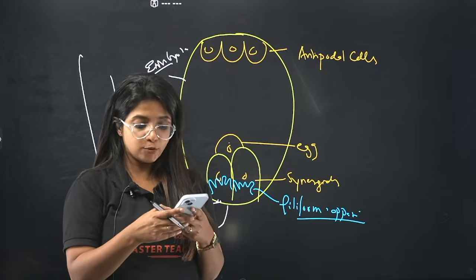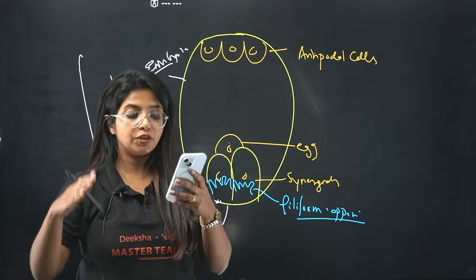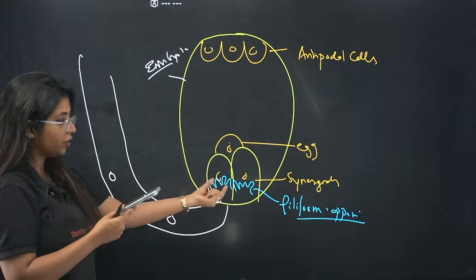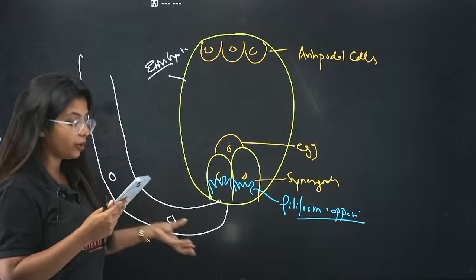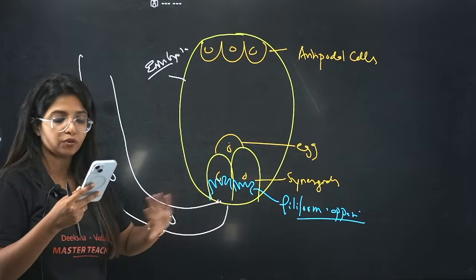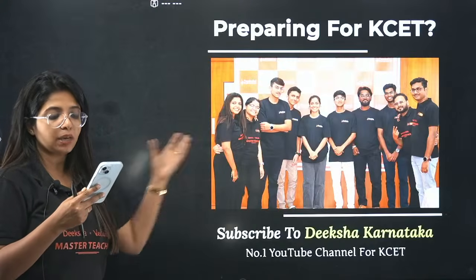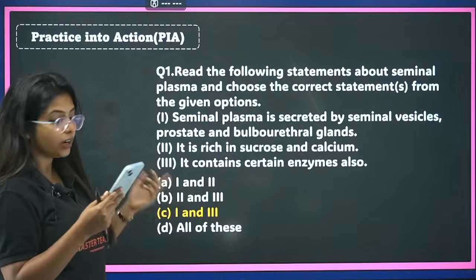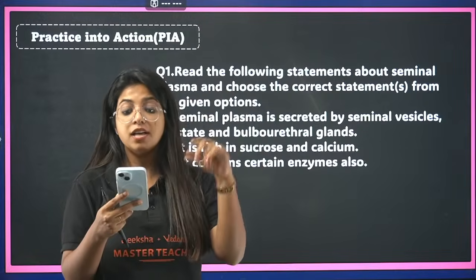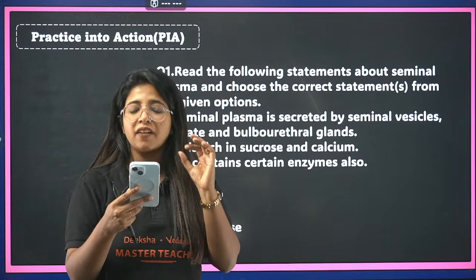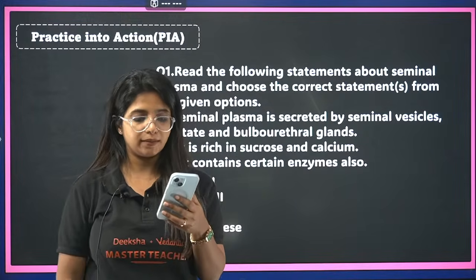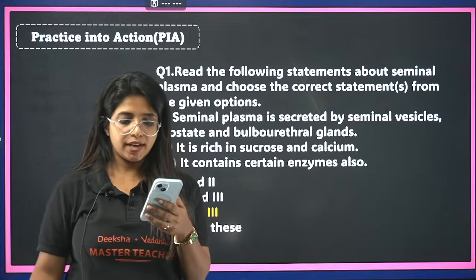So here in the options that you have given, synergids provide the nutritive material. The question is like this: in the experimental setup, a researcher removes the synergids just before the pollen tube entry. The pollen tube is observed to grow erratically near the micropyle. That means it does not grow fine and fails to discharge its content into the embryo sac. Which of the following explains this? Synergids provide the nutritive material for pollen tube growth? Wrong. The filiform apparatus of synergids guides the pollen tube and facilitates entry. That would be the correct answer. And if it is not there, obviously there is no one to guide as well. Cool? Works?